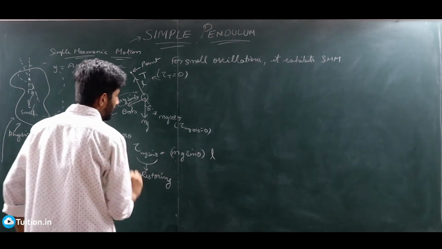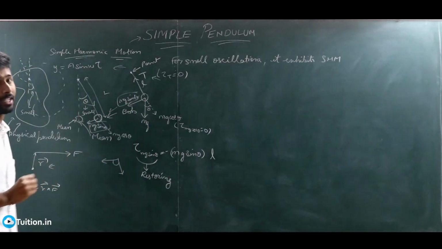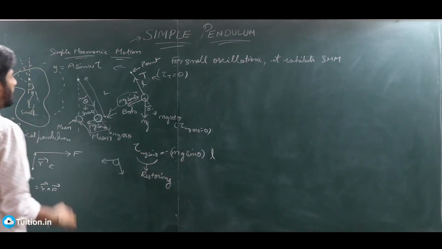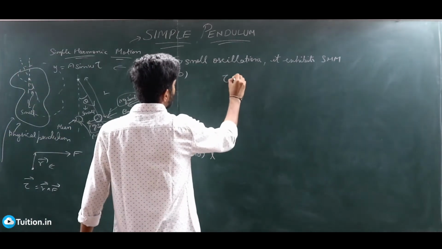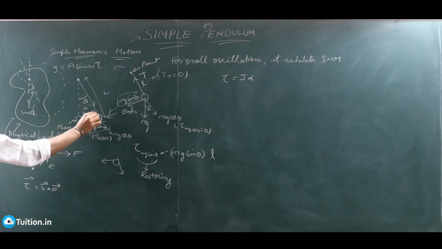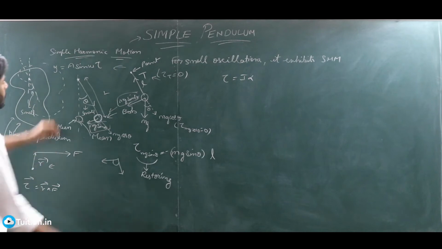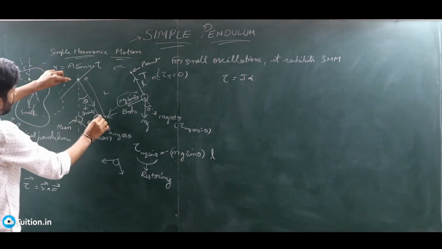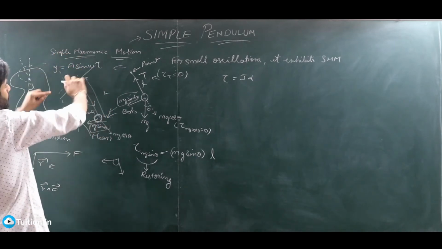So because it's called restoring torque, it's usually denoted with this negative sign, because I'm going to just equate this to something right now. You just see. So torque can also be written as I alpha, right? So I is the moment of inertia of this bob, about the axis passing through, so this is the axis of rotation, right? The axis which goes like that. Your mass is at a distance L from the axis, and the rotation is about this particular axis.